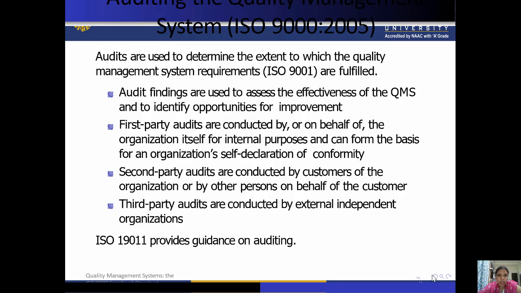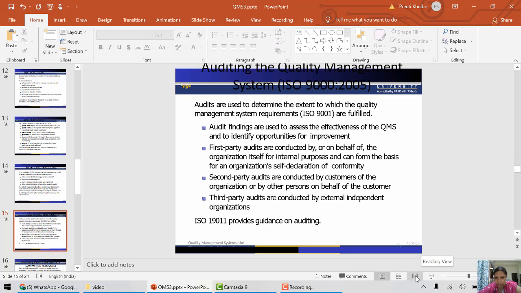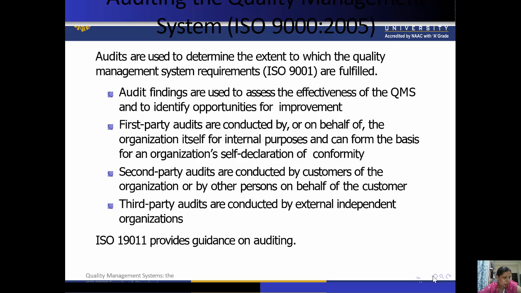Next topic is auditing the quality management system. When we audit the quality management system as per ISO 9000:2005, audits are used to determine the extent to